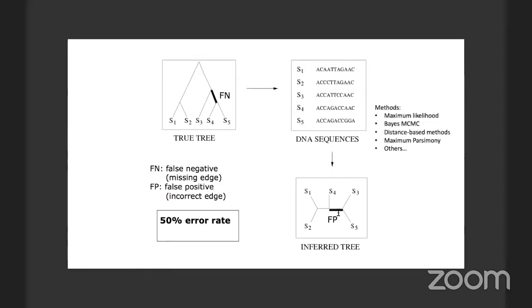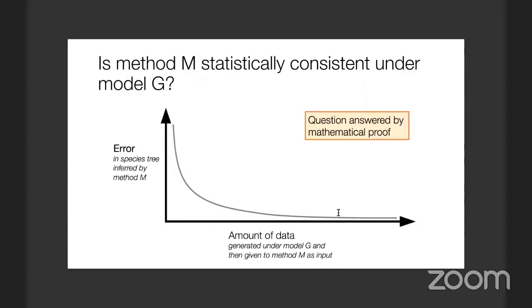Okay, lots of different methods, as I said: maximum likelihood, Bayesian, MCMC, distance-based methods, maximum parsimony. From a statistical viewpoint, we're interested in whether we can prove that a method is statistically consistent. That is to say, as the amount of data goes to infinity, will the error go to 0? Can you prove that the error will go to 0 with probability going to 1 as the amount of data